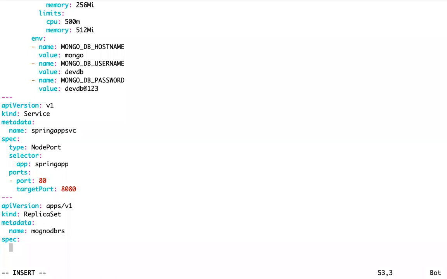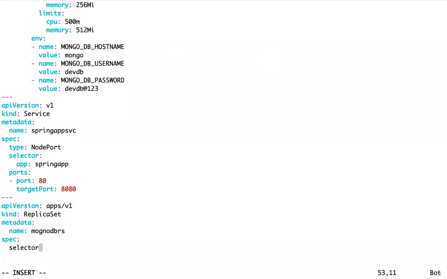I'm not going to mention the number of replicas. So how many replicas will it create, basically for the database pod? Only one replica. I just need one replica for a database. I don't need multiple replicas, so I'm not going to mention it. If you don't mention it, it will create one replica.